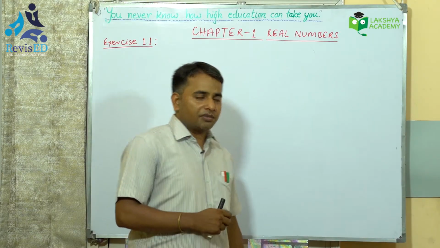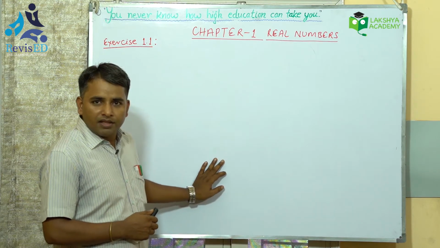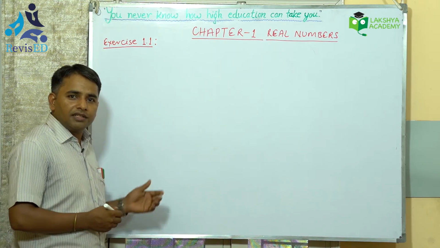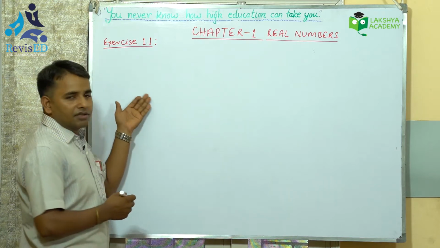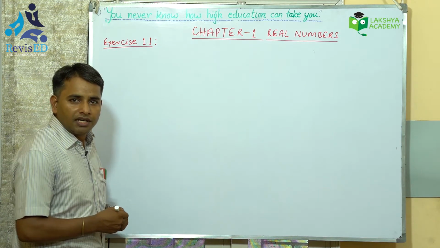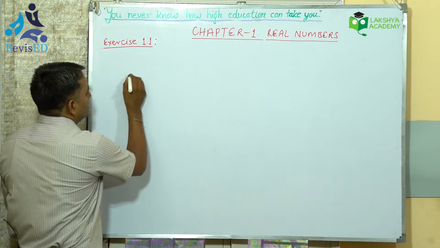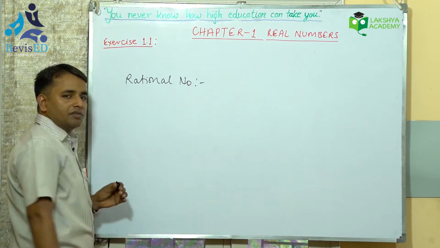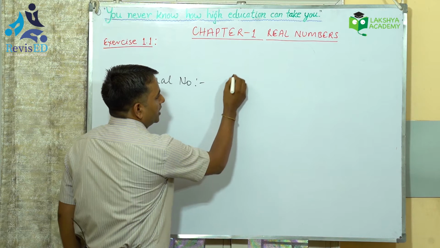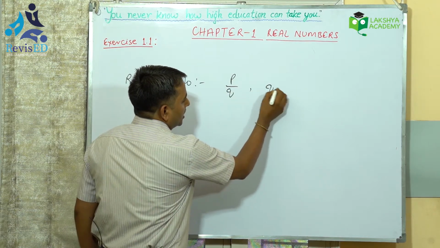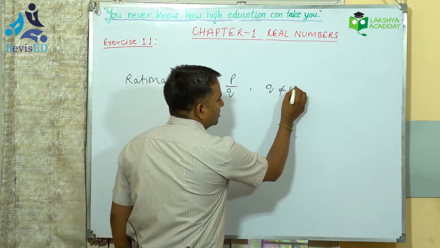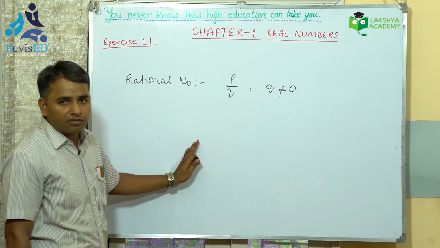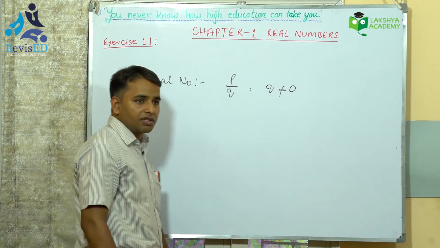So today, just to start with, for the maths of class 10th, the first chapter we will be starting is Real Numbers. Just a quick recap: in class 9th you have learned about integers, rational numbers and irrational numbers. Rational numbers are the numbers that can be expressed in the form p by q. Here we take the common assumption that q is never equal to 0. Q means the denominator, so any number in the p by q or fractional form should not have the denominator equal to 0.